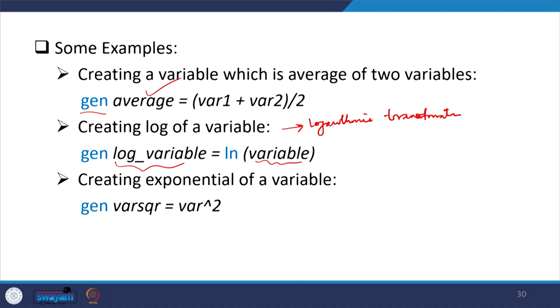Another one is squaring a variable. Why squaring? Some variables are by default considered to be linear, and the linearity of the variable is not going to give you much difference in the model.